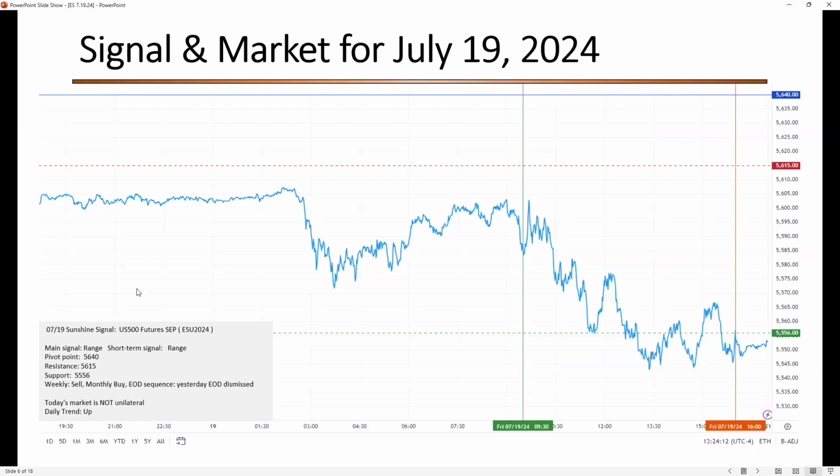And now, here's the chart. Again, here's our signal. Overnight, we see that the high came at about 56.07-ish, and we had a low at 55.70. So these are two points. At open, we want to see if the market can overtake the overnight high. And then if it can, maybe it would target our resistance at 56.15. And if it gets past that,